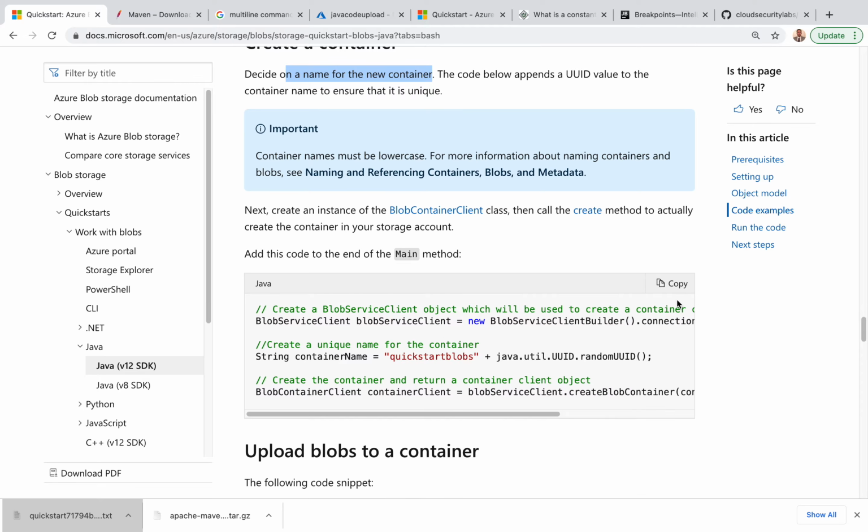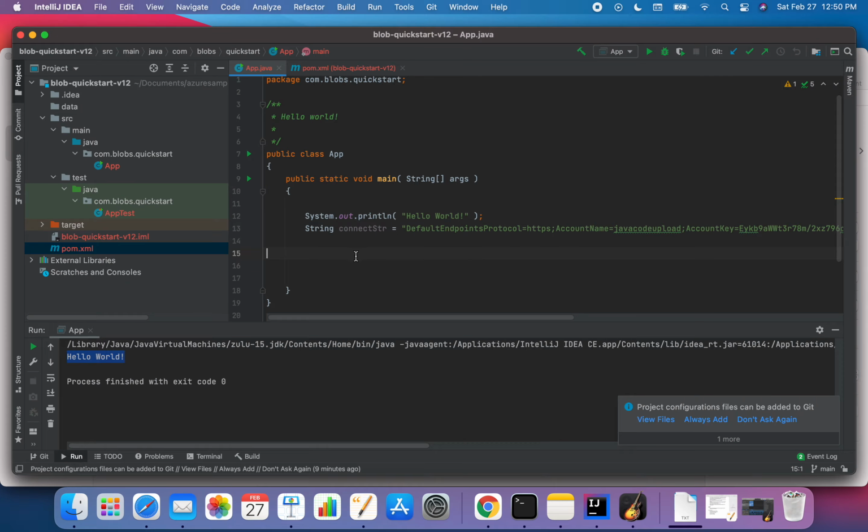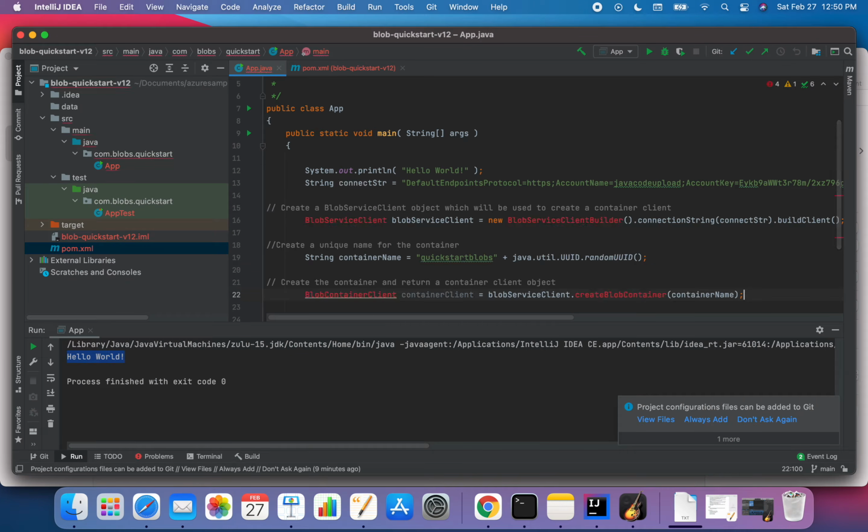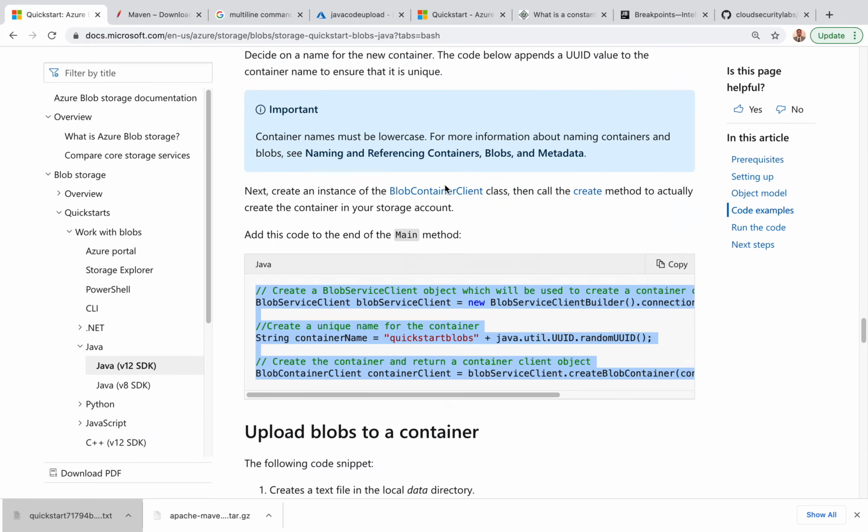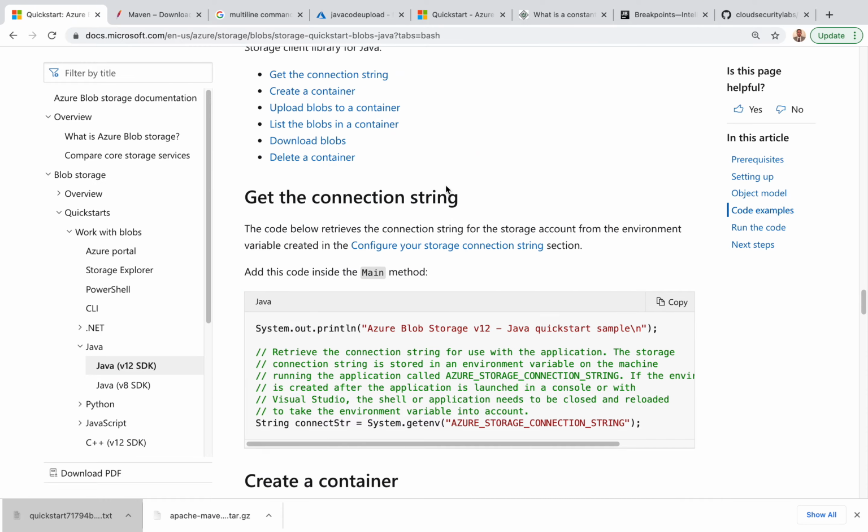So here, if you copy the code, let's look at what they are doing over here. Come over here and paste it, and let's see what is going on with this code. First of all, what you're going to need is the blob service client. And the other thing you also need to do is update